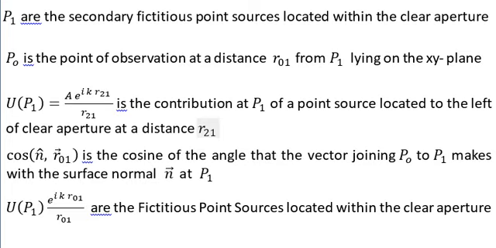So this is the contribution of the source point at the point P1. So cos of n comma r01 is the cosine of the angle that the vector joining P0 to P1 makes with the surface normal n at point P1. So u of P1 e to the power iota k r01 over r01 are the fictitious point sources located within